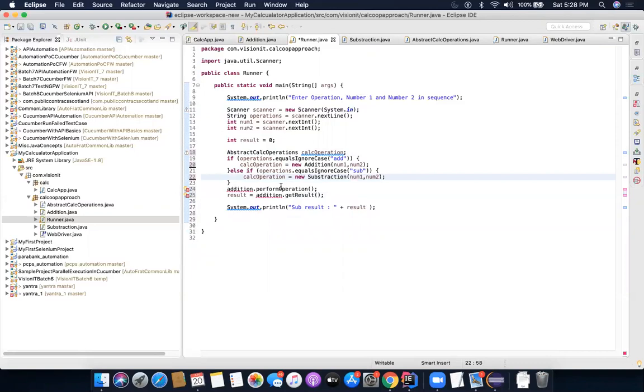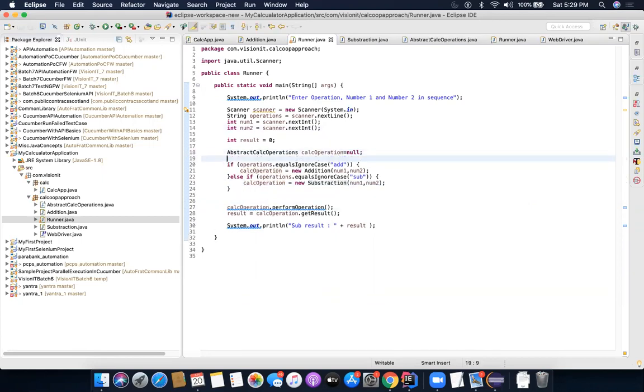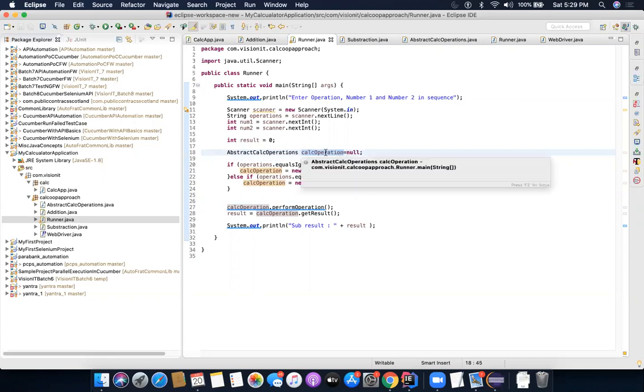So I have removed the need of multiple lines, and I'm making use of the same variable. And at runtime, I am deciding what kind of object I should be having there. Okay, let me mark it as null. Right? So this is, again, as I said, I was explaining in the beginning, this is an example of polymorphism, runtime polymorphism, wherein at runtime I am deciding what the value of this variable should be.